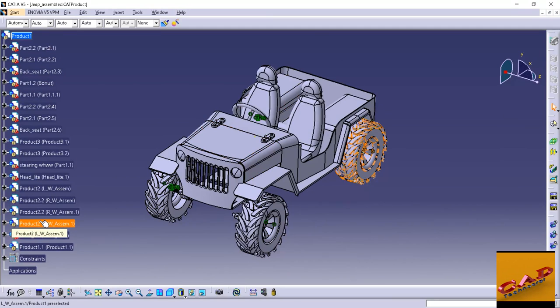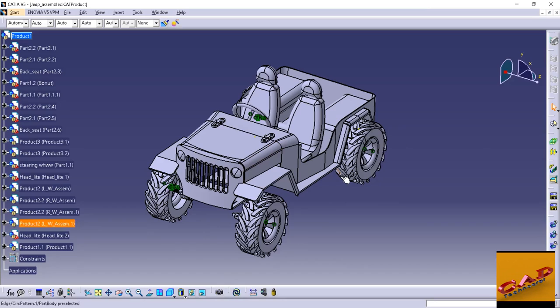part file. Okay, so first of all we will start from the controlling of the mouse buttons. Later on I will teach you each and everything one by one. So first of all I will teach you how you control, how you revolve, how you zoom in, zoom out your object, or how you can drag it. Okay, so there is a combination of the 3 buttons of your mouse.